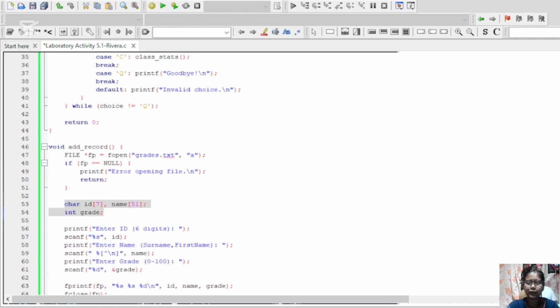Then I declare variables to store the student's ID, 6 digits plus null, name, and grade.